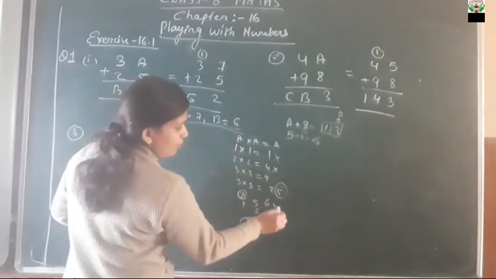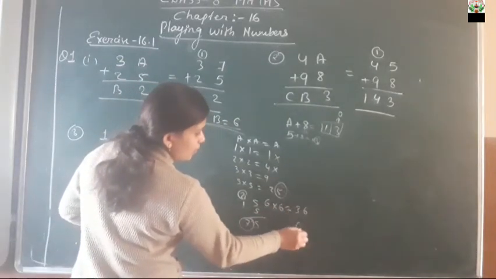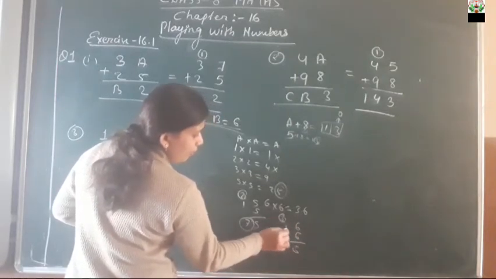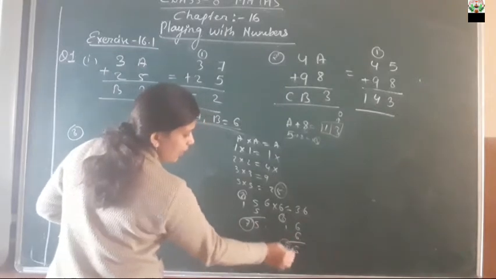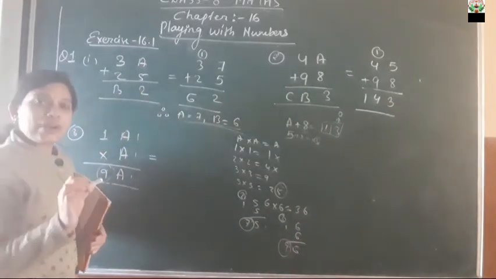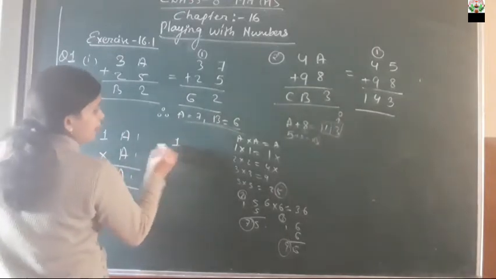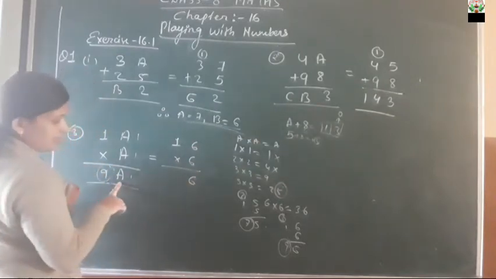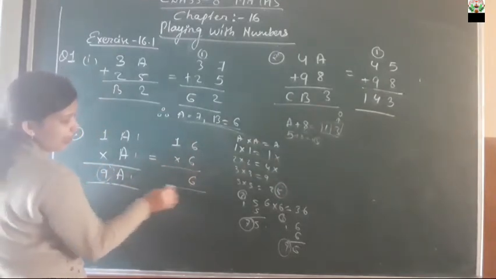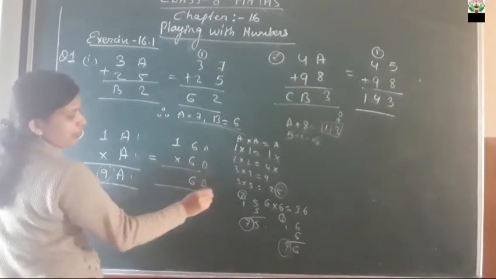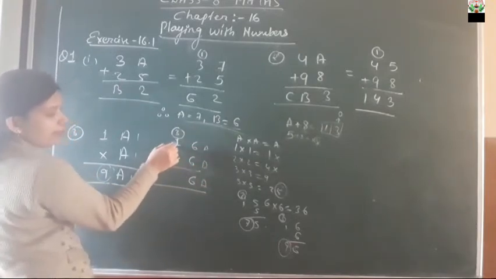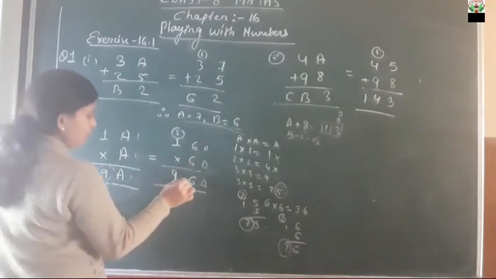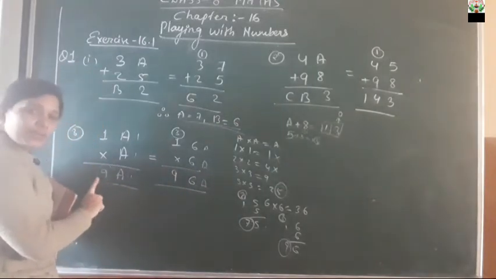Next is 6 into 6 is 36, isn't it? So 6 into 6 is 36, 6 is here, 3 will be carried, 1 into 6 is 6, plus 3 is 9, so here 9 is coming, so it is correct. So in this way you have to multiply A and C. So in place of A we can substitute 6, because 6 into 6, again 6 is coming in place of A, the value of A should be the same, isn't it? So here it is the same, 3 is carried, when 6 will be multiplied with 1, 6 will come, 6 will be added with 3, it will become 9. So 9 is what we have to put.